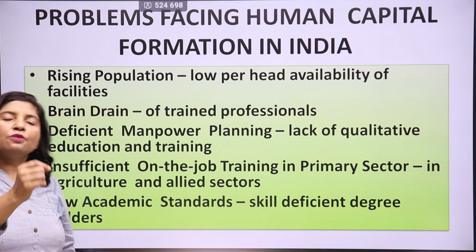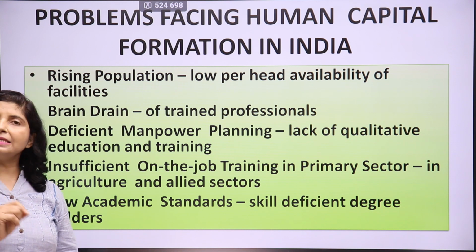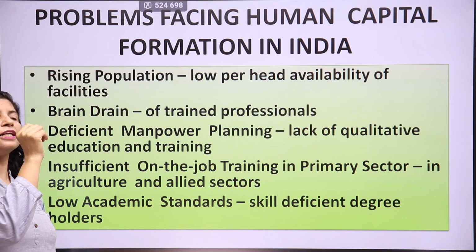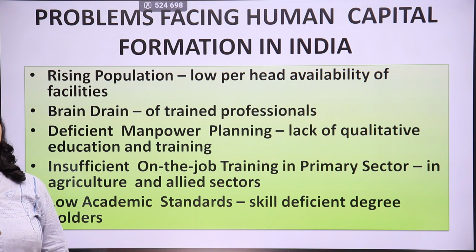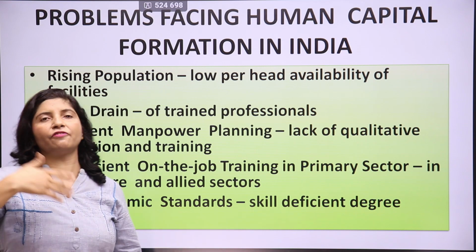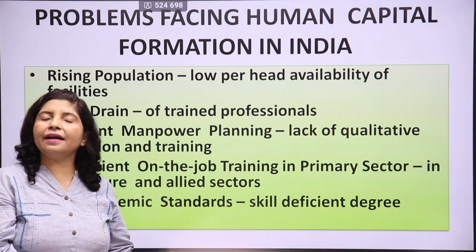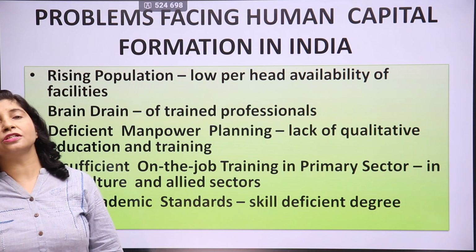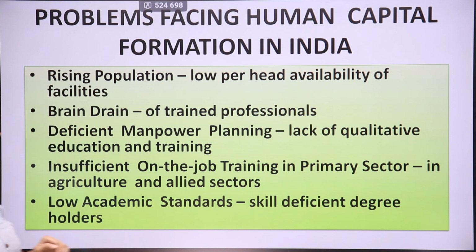Then brain drain. You might have heard, I am studying in such and such college, I'll settle in Canada, I'll settle in America. Many students out here go for education to other nations, or they get training over here and go to work in other nations. That is brain drain. That means trained professionals move out of India for earning purposes and they settle out there. They were born in India, India supported them since their childhood, but they moved to other nations to develop other nations, and India is suffering on account of that.